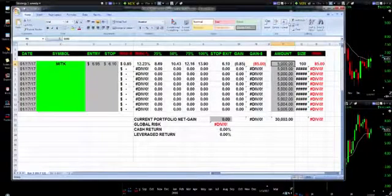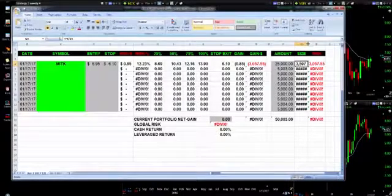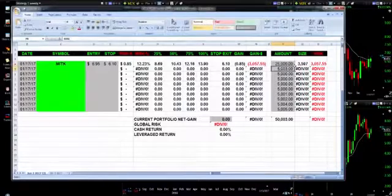And let's just say our account is worth $25,000, all right? If we have a $25,000 account, we would have to buy about 4,000 shares. So the total amount divided by how many shares we can buy at the entry. So we can buy up to 3,600 shares, and that would give our $25,000 account a risk of